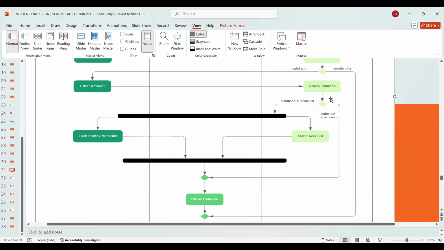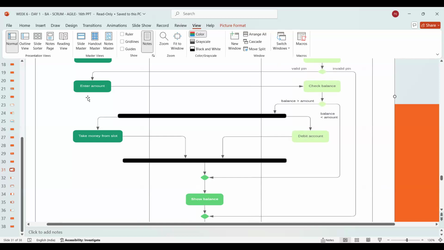But we are looking at a practical scenario wherein your PIN is valid. Is everyone with me? Yes, it's quite easy. I just want you to be with me. Perfect. So thank you so much. If you are entering the valid PIN, then they ask you for the amount. Now we are not considering the other criteria of checking balance and other options.